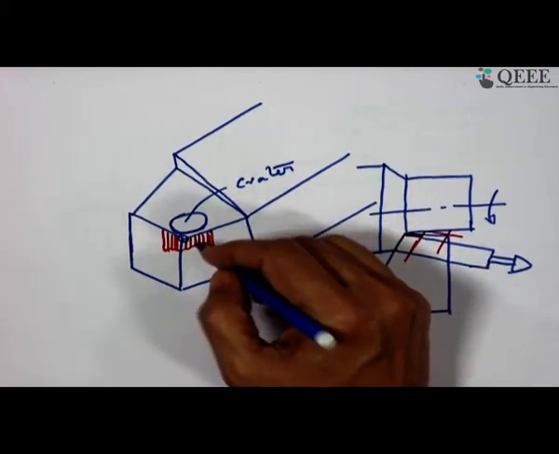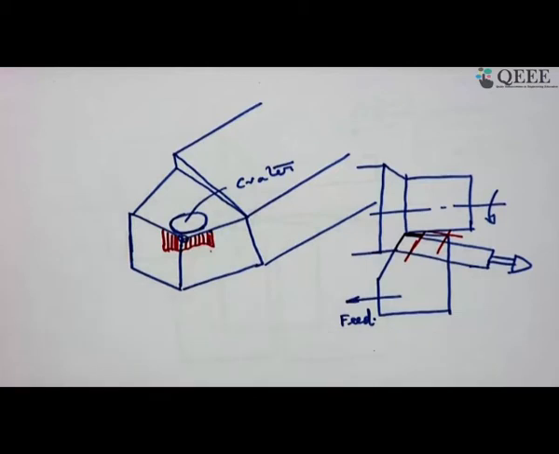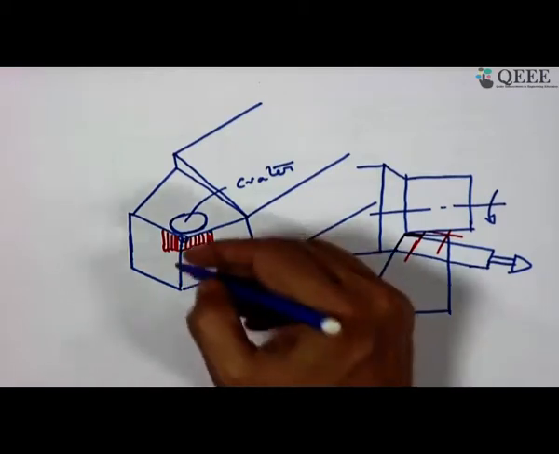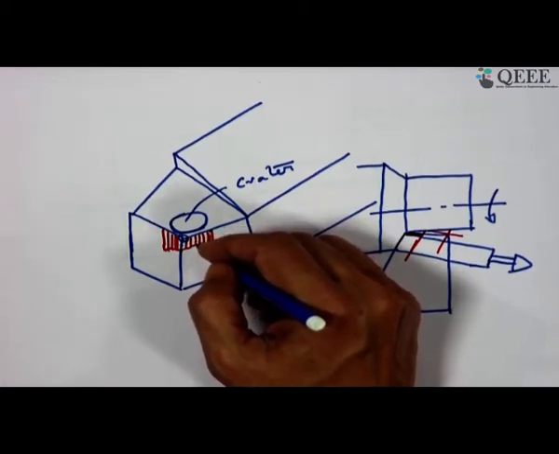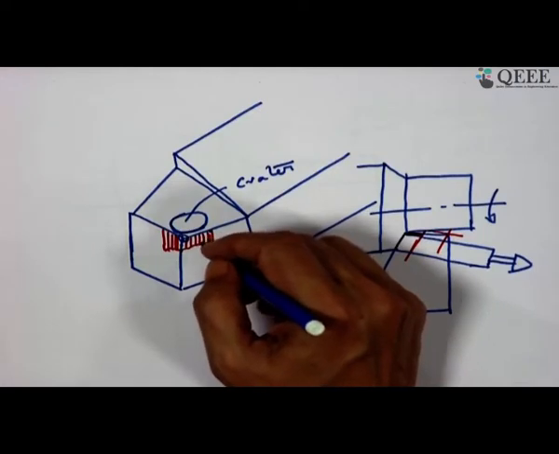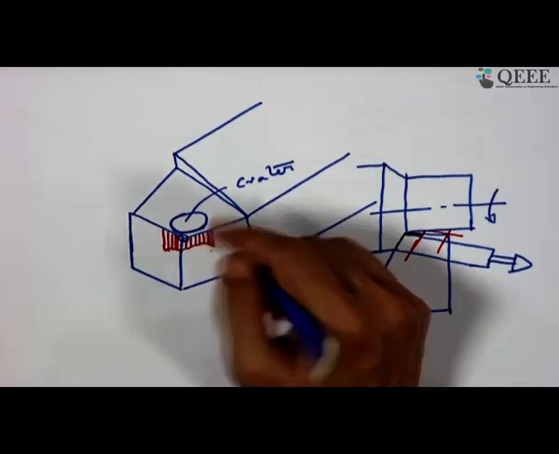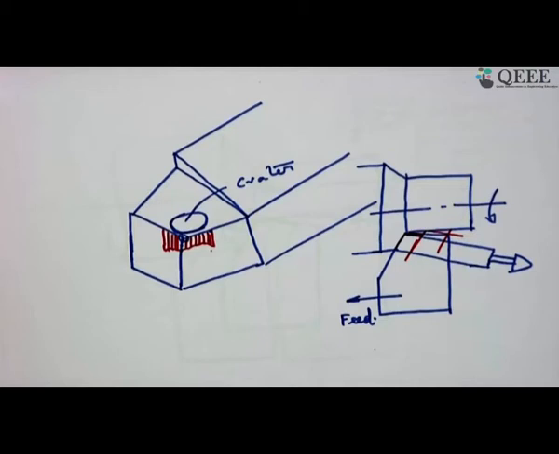Clearance 0 means the tool is not efficient there, and it will promote severe rubbing. So, that growth of the wear will keep on growing down the flank, and at a certain point the rubbing will be so much that